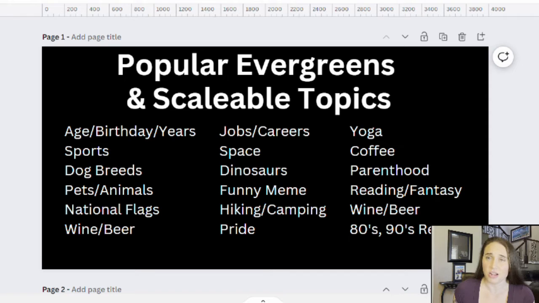Next topic would be dog breeds. There are a lot of different dog breeds out there, and as we know, dogs are very popular and people like their breeds. And there are, like I said, tons of different breeds. So you could make some designs that go over specific dog breeds, things that say Chihuahua Mama or Pitbull Mama or Golden Mama or Goldendoodle Mama, however you want to do it. And there's a ton of different designs that you could make that way, and again, scale them out.